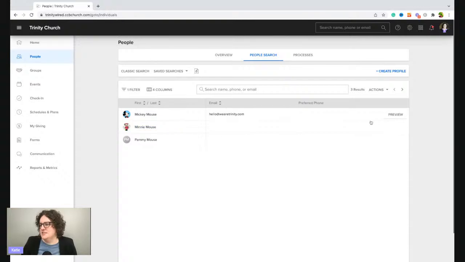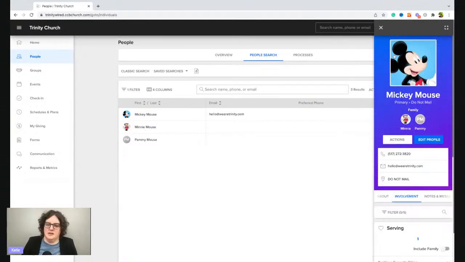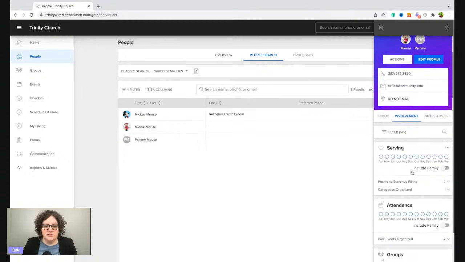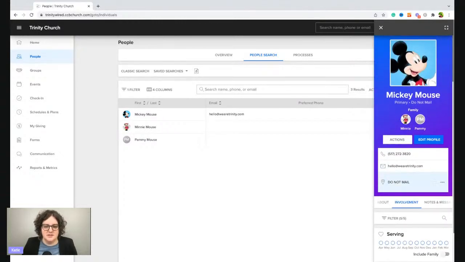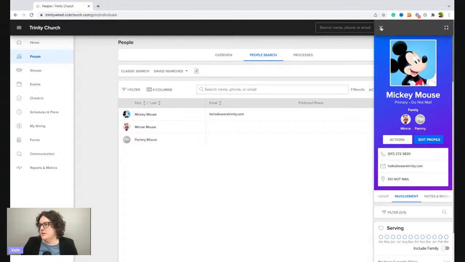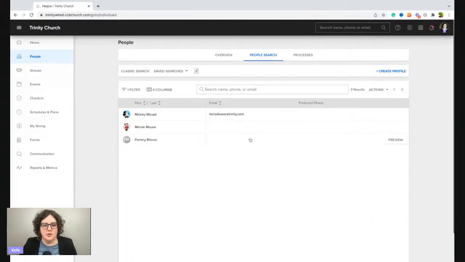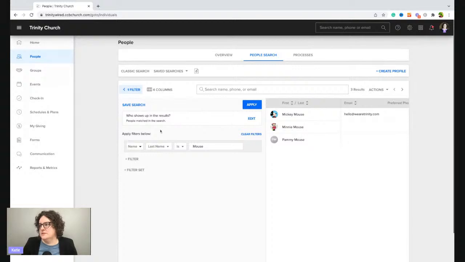These are fine for this fake search. And then you can see here. One thing that's cool is you can click preview and up on the side will show. So you can just kind of say, yep, okay, this does fit the search that I'm looking for. This is what I want. And then you can just X that out. And it's not going to a new page. So that's an important piece.